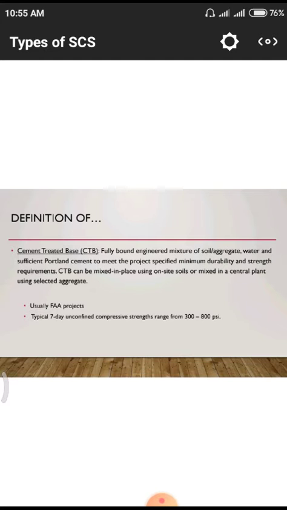Those mixes we have to operate in the site itself. Usually FAA projects, that means airport projects, we have to observe for road constructions and others. In this also we are using these CTB projects. We have to observe. First of all, we need to take some